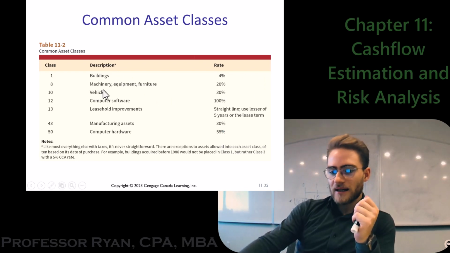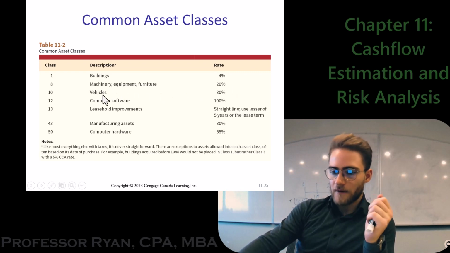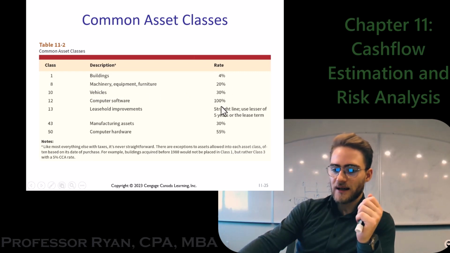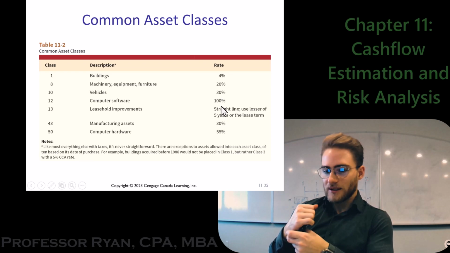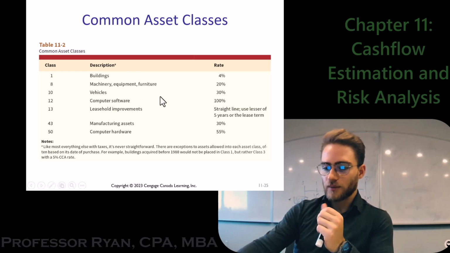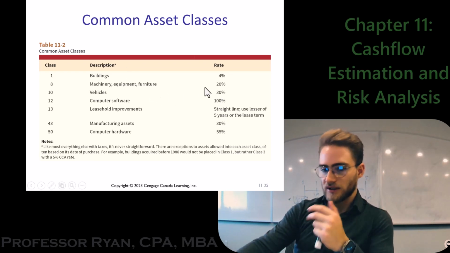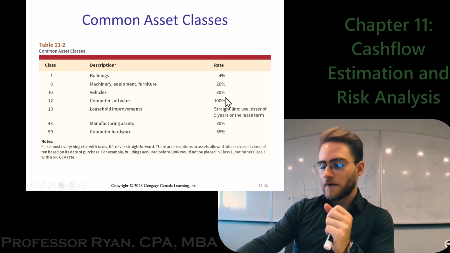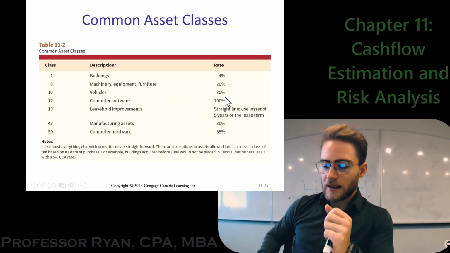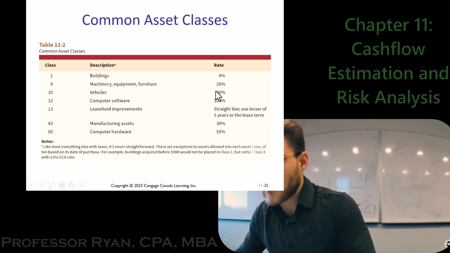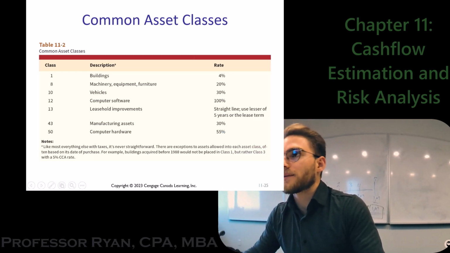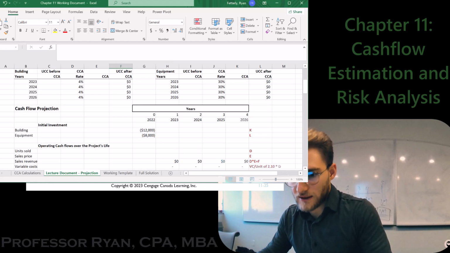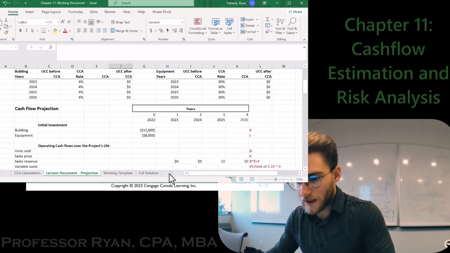Machinery is amortized at 20%. Vehicles are amortized at 30%, and computer software is amortized at 100%. Usually first year, you just deduct the entire amount, okay? So say for a vehicle, and I can probably just do this on the fly, just for an example for you, I'll come down to here and open up a new sheet,